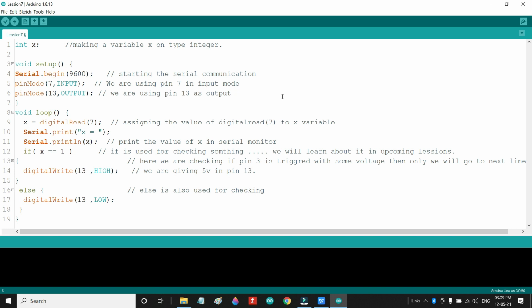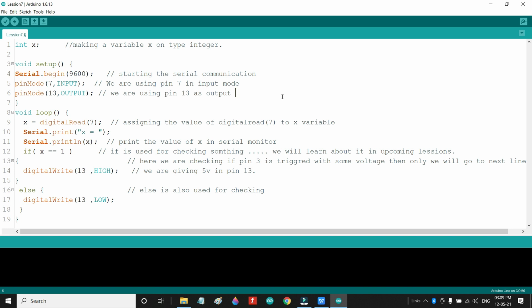So from here now you know how to use print statements in your code. Now in the next line we are using an if else statement. Inside if we are saying if x == 1, here there are two equal signs. Please keep in mind that whenever we compare anything we use double equals. So if x is 1, then it will run its block, otherwise else will run its block.